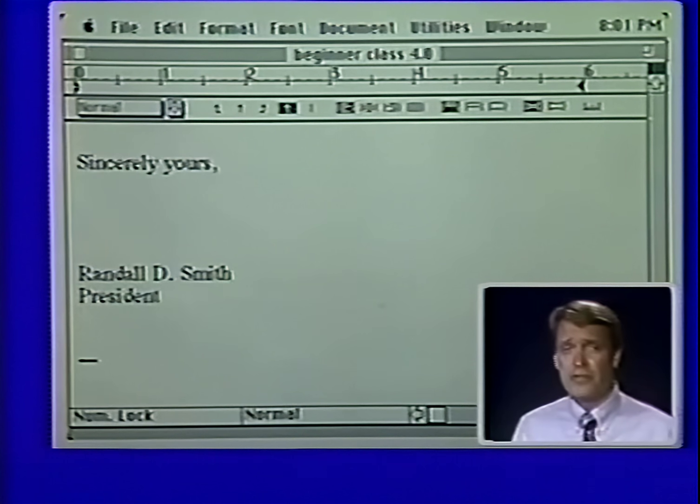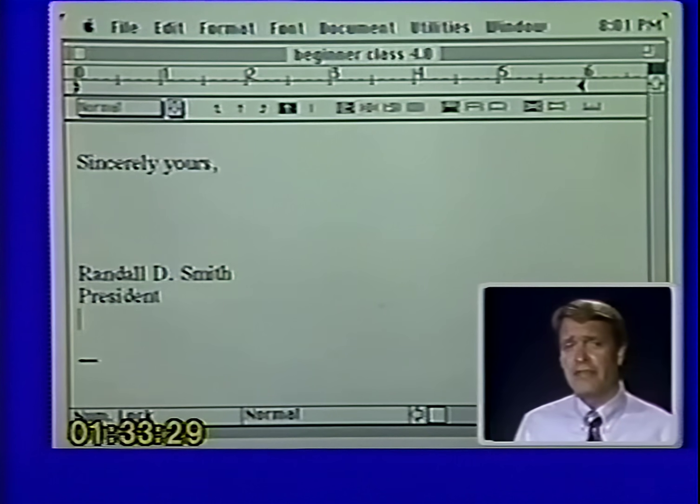Now there are many uses for the glossary. Let's say if any of you watching the tape happen to be in education. Let's say that some of you do customer service letters, and you have to do a lot of them, and the first paragraph's always the same: dear customer, thank you for your inquiry. But then sometimes you have one of 3 different second paragraphs and one of 4 different third ones and then your name. Well, all you have to do now is put in the first paragraph and call that customer 1.